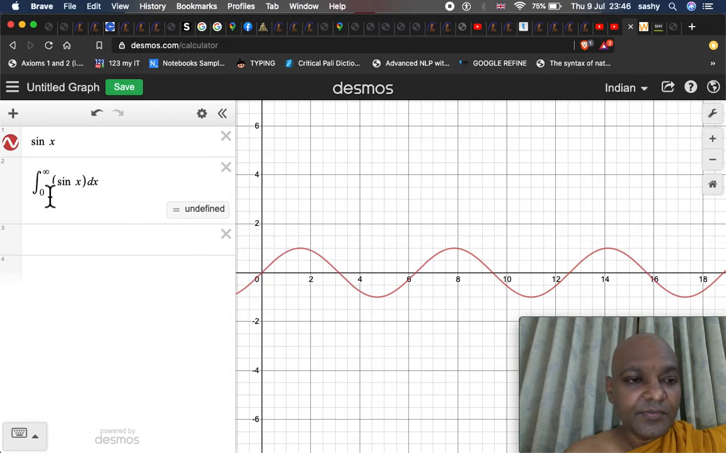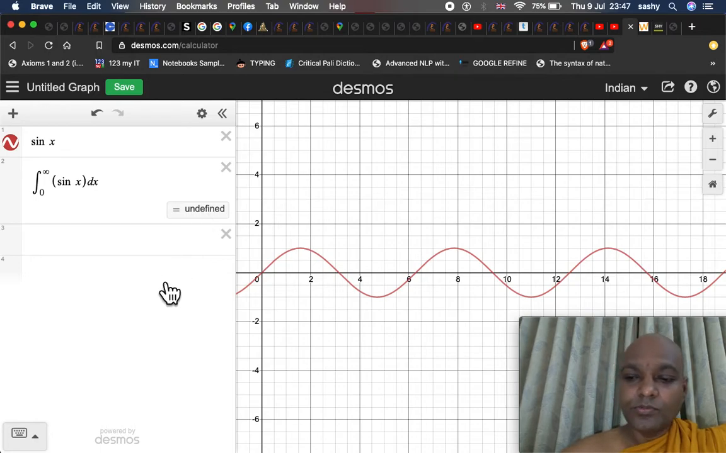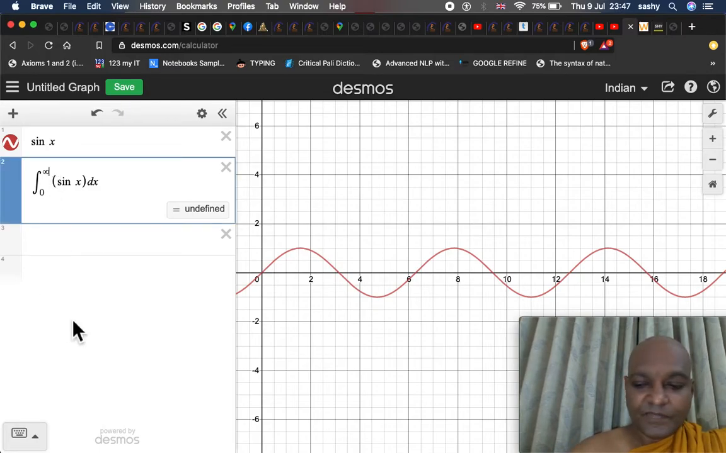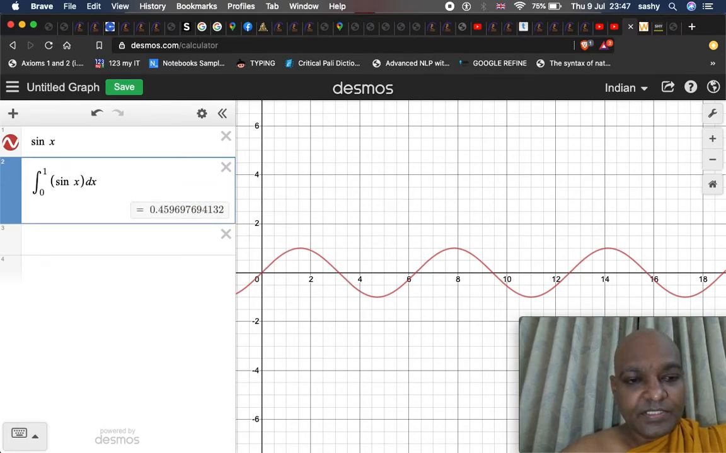So what happens is, when we integrate from 0 to infinity sin x dx, it is undefined. That means we don't know the value at all. If, for example, we change the infinity to 1, it's 0.45, or say we put 10, it's 1.83, or 100, it's 0.137, or 1000, which is minus 26 point something, or 10,000, for example, 473, or 1 lakh, or 100,000, is minus 4066. So as you can see, the